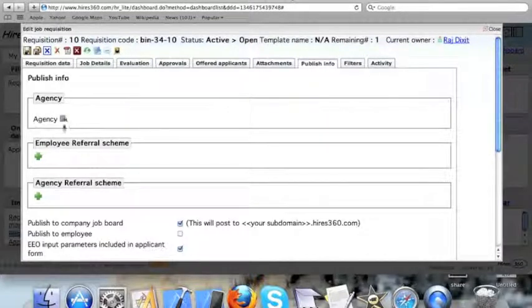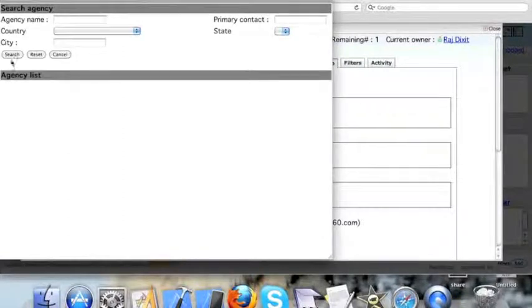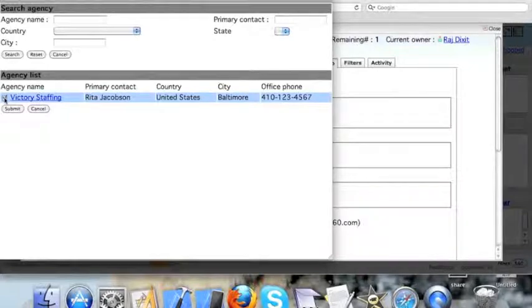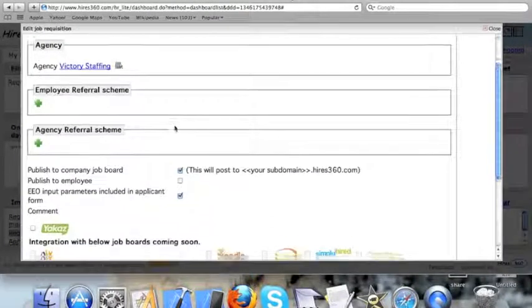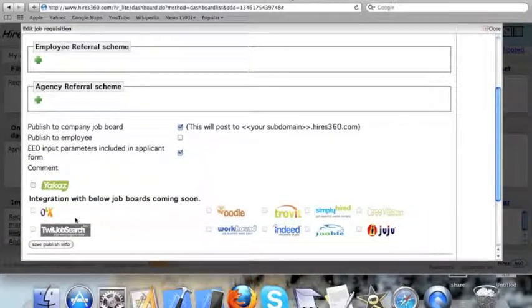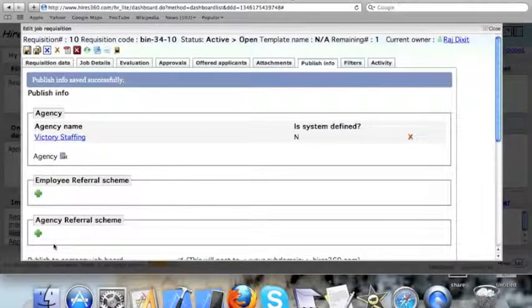Let's search for the staffing agency that we just created. We now have this job requisition assigned to the agency.